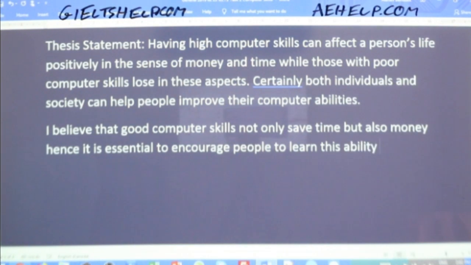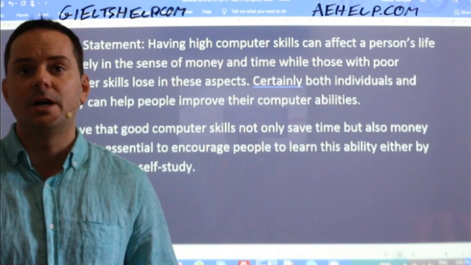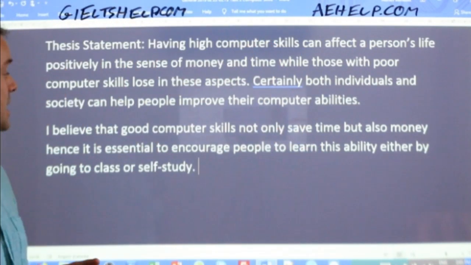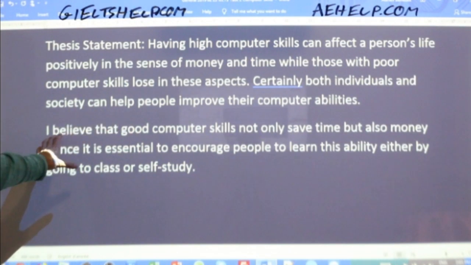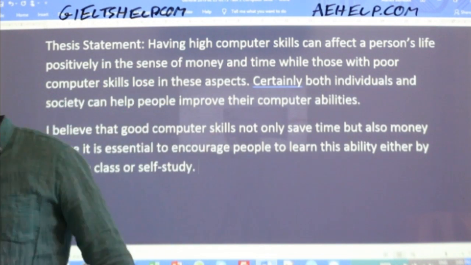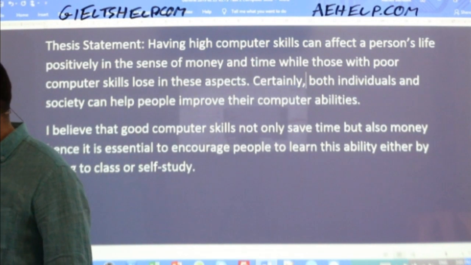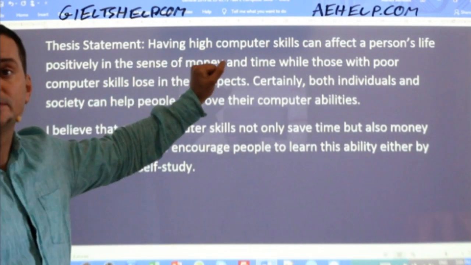Okay, just so we don't repeat the word skill, Yagnesh, either by going to class or self-study is the way I would say it. Instead of saying YouTube, Yagnesh, I would say self-study. Then YouTube can be an example for that, okay? And that's really nice. So notice how Yagnesh's thesis statement is actually shorter than mine, and it's more to the point. So Yagnesh, when it's fixed up, in all honesty, I would actually prefer your thesis statement over mine. All right? So it's quite good.